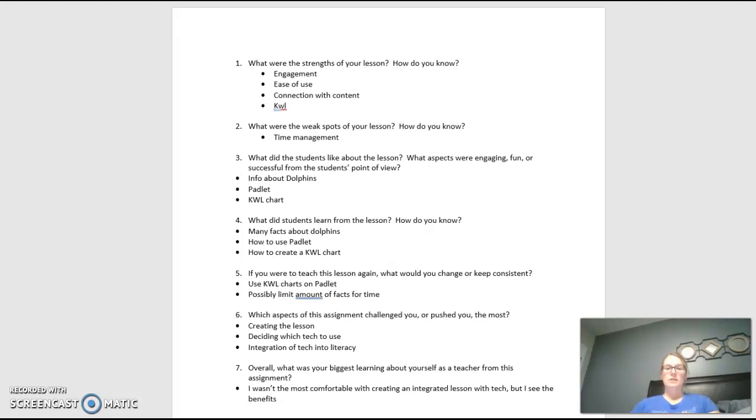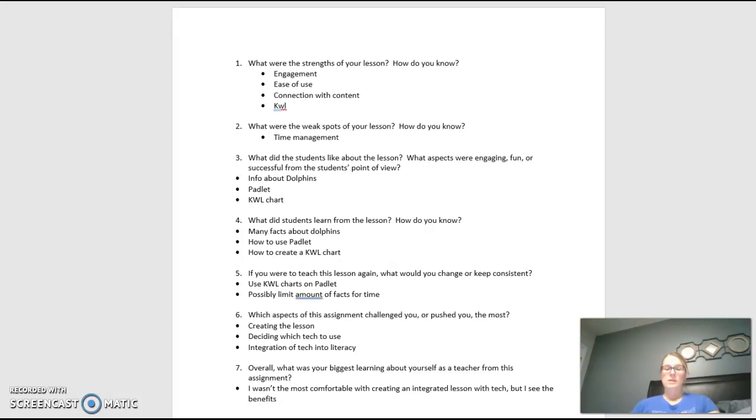And then I think just connection with the contents, not being in the classroom or around this student very much, picking something that she could connect with, was super interested with, and how doing a read aloud went into the KWL that went into the Padlet, how it all connected. And then also using a KWL I thought was very effective for this read aloud and for her to summarize and infer and all of the different standards that we met.